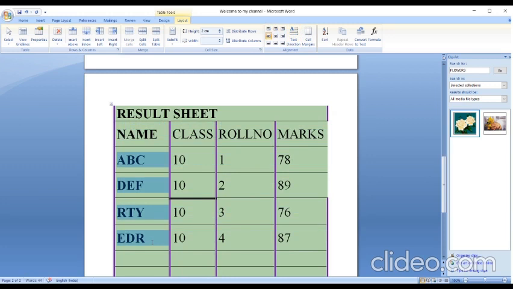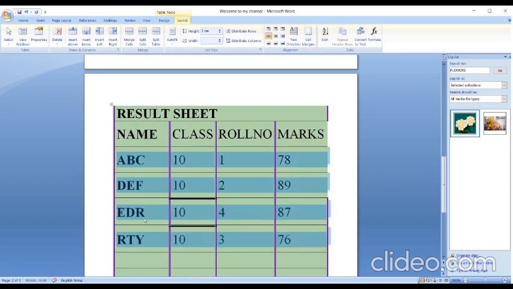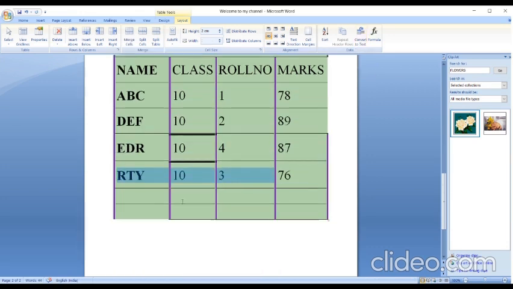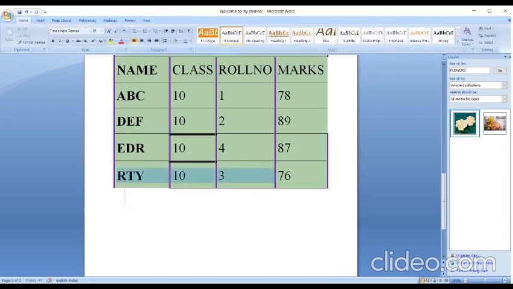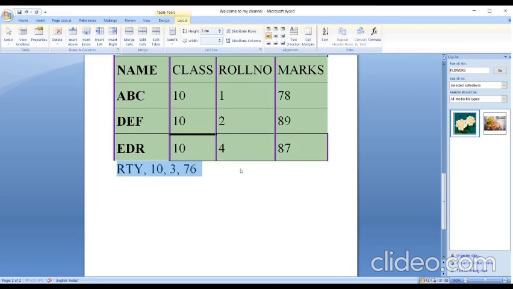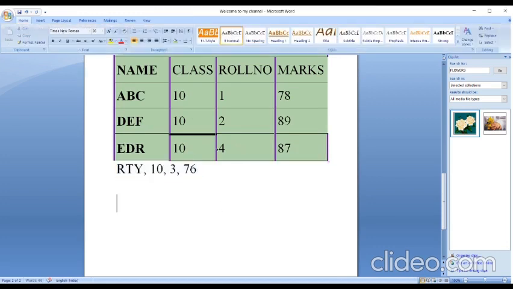You can even sort the data. Click on Sort. Column 1, Text, Ascending. Okay, you can see the data is sorted now. This way you can do it. Now if you want to convert this table into text, I am deleting these 2 rows. Now I want to convert this into text. Convert to Text. You can use comma, tab or any other sign. Okay, you can see now it is not in rows. It is like simple text.